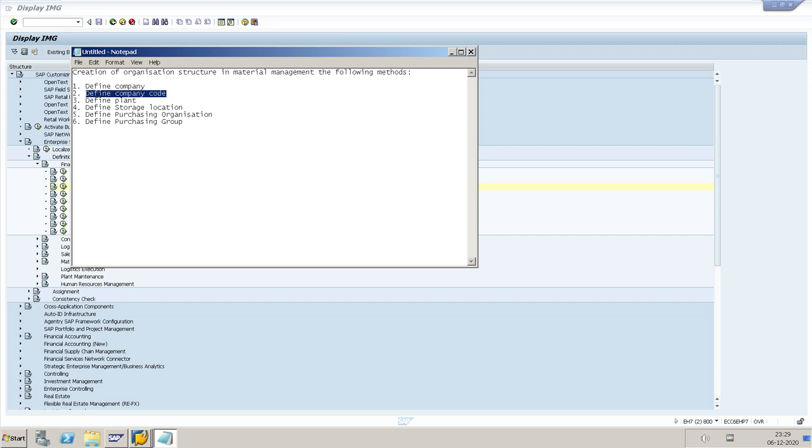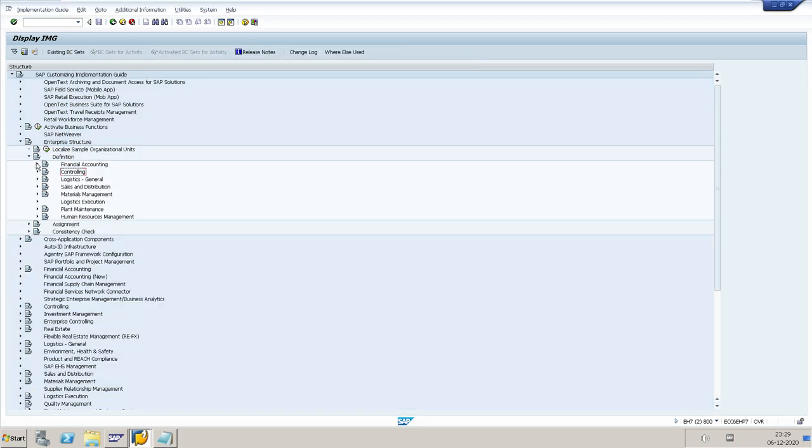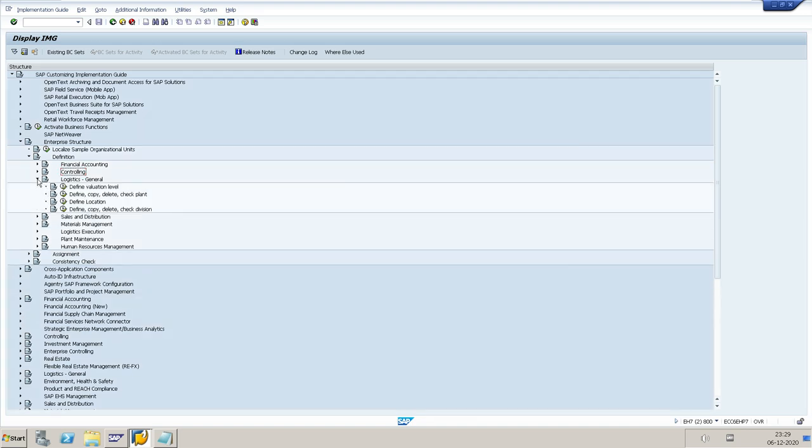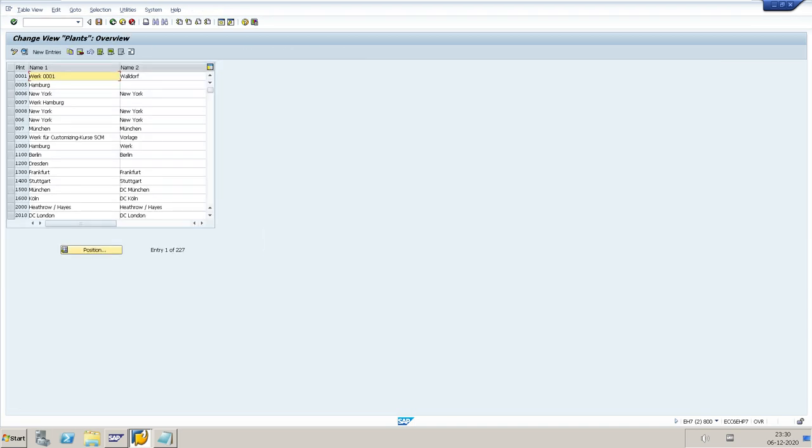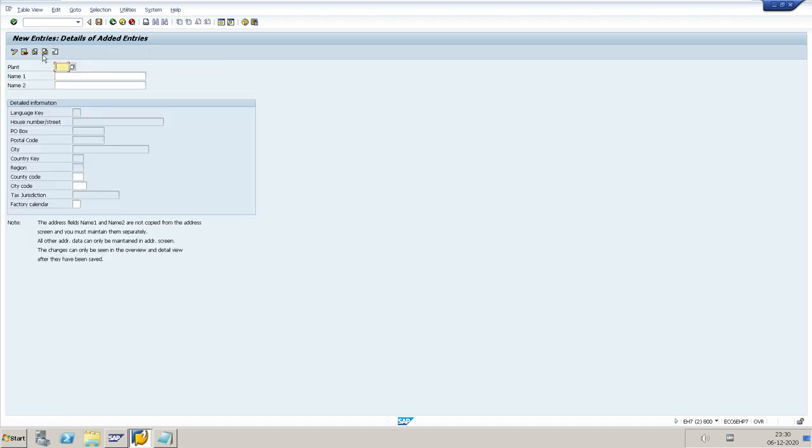Company code also will be created. So next is the plant. We'll go to definition, logistics general, define, copy, delete, check plant. So we'll define plant. I can create a new plant. So we'll click on new entries. My plant name is KU P1, which means Kumar plant 1.